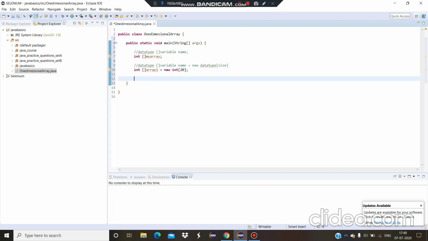If you only know the values, then you can use the curly braces. So data type, variable name. So declaration is done.